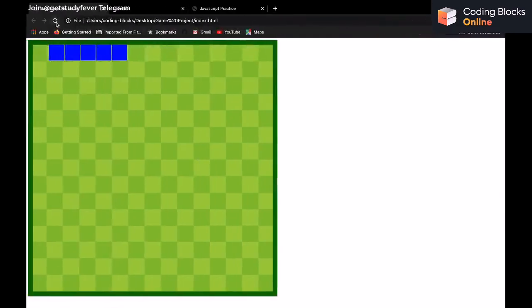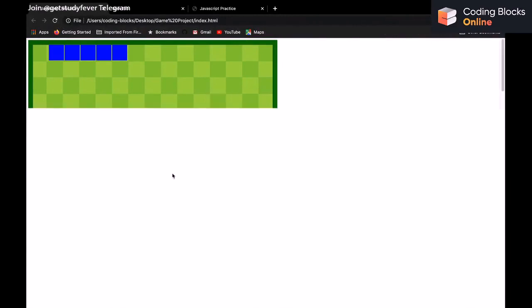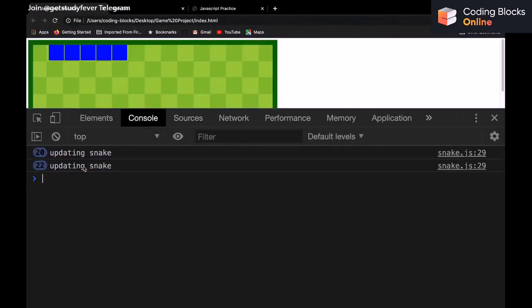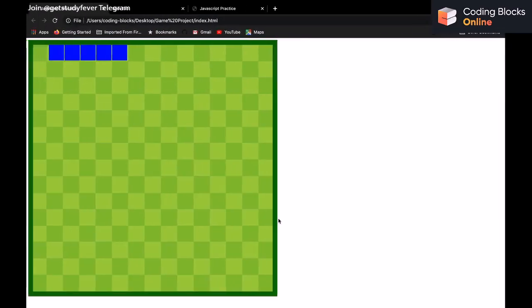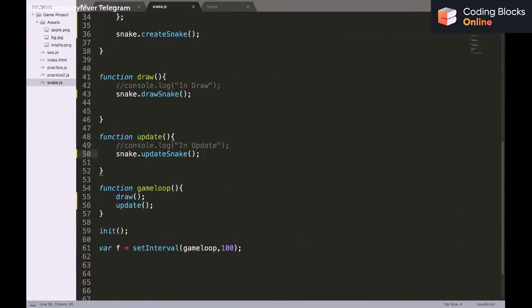So let's see if it is getting called, but it won't do anything as of now. You can see this function is getting called. So we have this function that's getting called. So let's see how we can update this particular snake. For that, what we will do,